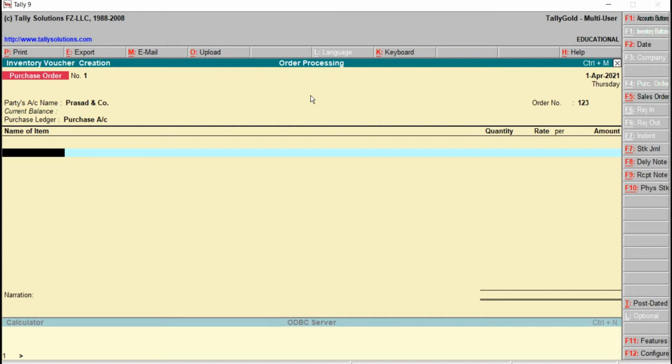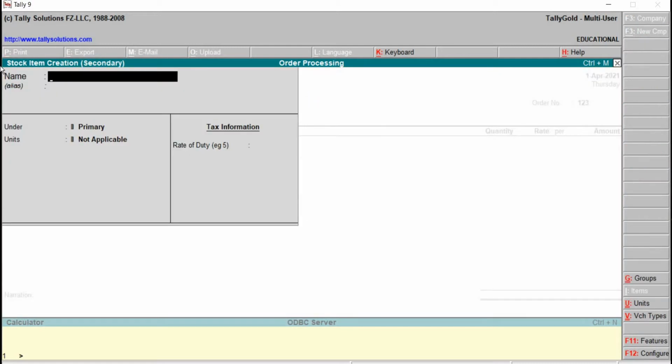Alt C to create. From the voucher creation window itself, we can go for creating stock item, stock group, stock category, units of measure. All the things can be created. It's not required that we have to go back to Gateway of Tally, Masters, then Inventory. Just press Alt C to the stock item creation secondary window.